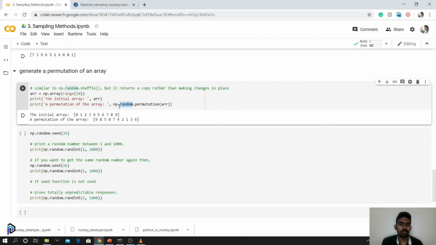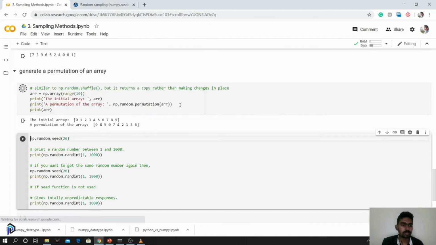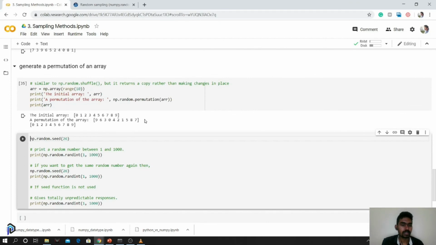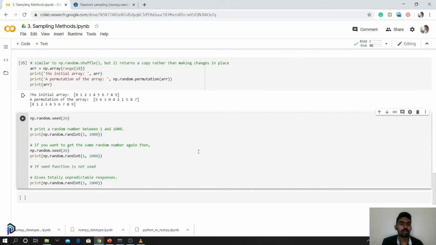It's stored in a different variable, and the array is not affected. If I print the array again, it would be as it was before the permutation, but it's not the same in the case of shuffling. Shuffling is in place, permutation is not. It has its own copy.